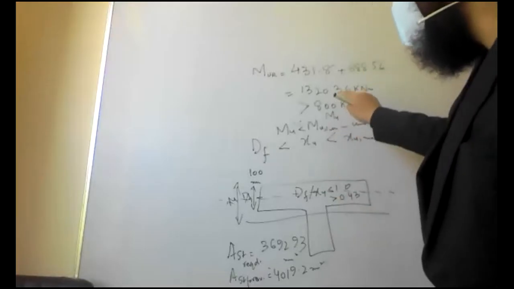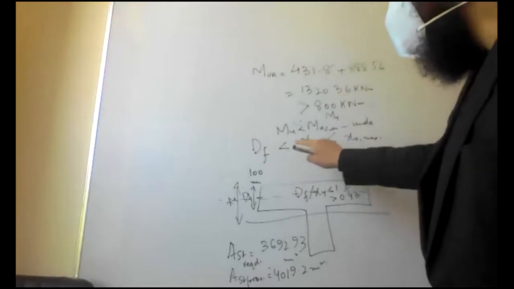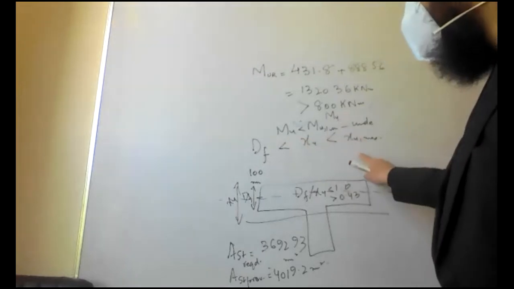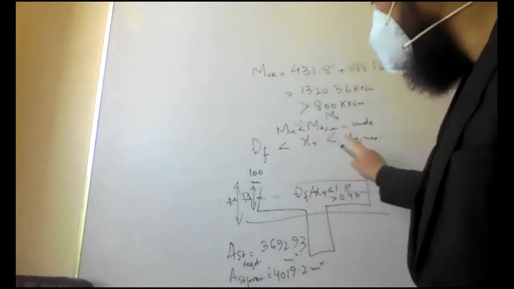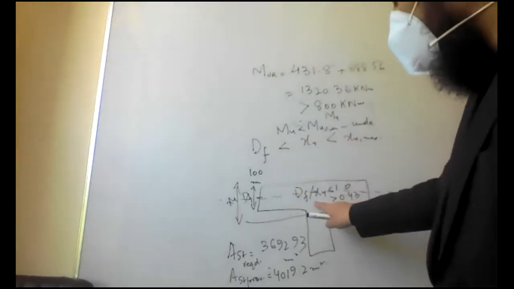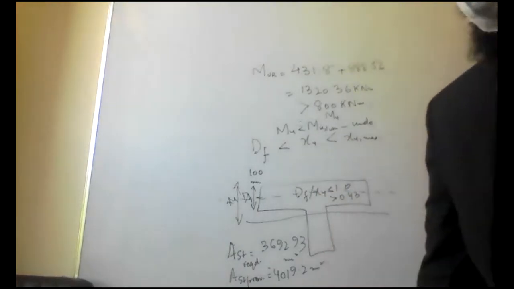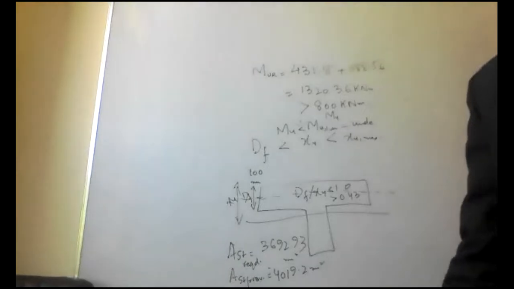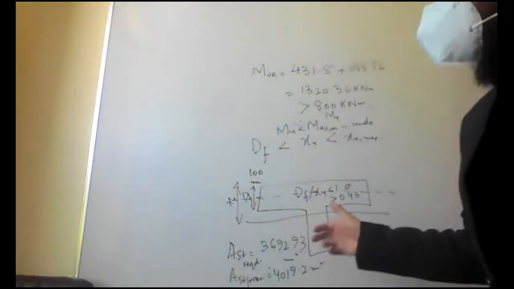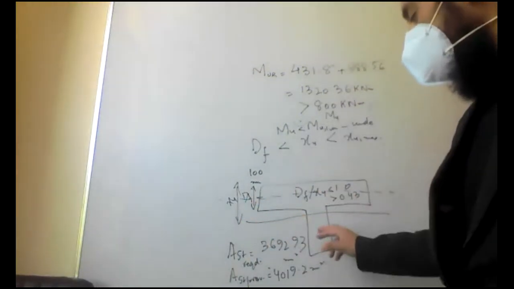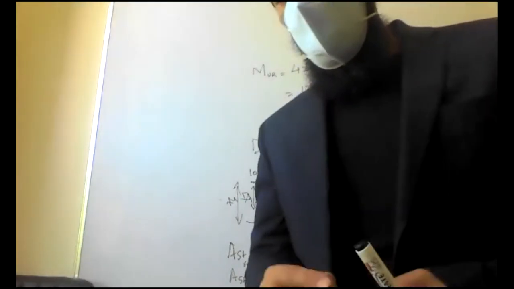We do not need to revise this. Based on this, MUR is greater than MU, and further DF is less than XU, which is less than XU max. So your design is coming to be under reinforced. And further, DF by XU is less than 1 and greater than 0.43. There is no need of revising this design. So we have solved this question. That's what we were required to do in this question, that we had to determine the value of area of steel, and we have already provided the area of steel. Now if you want to